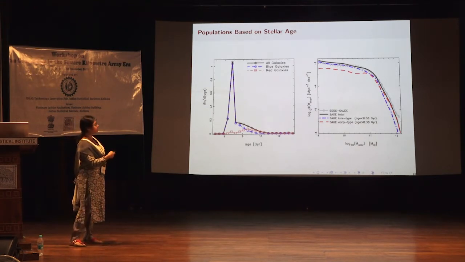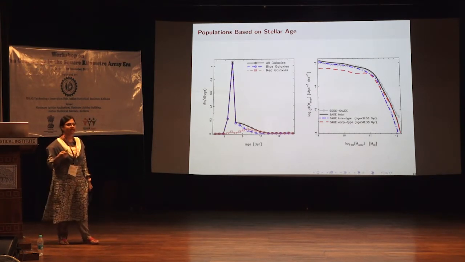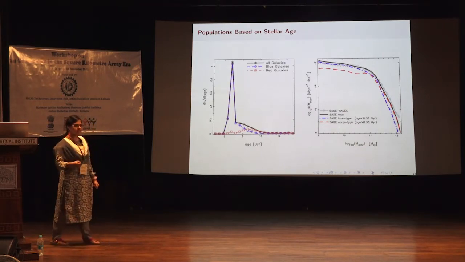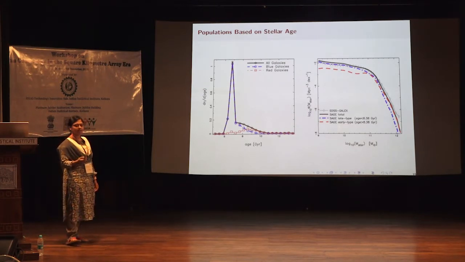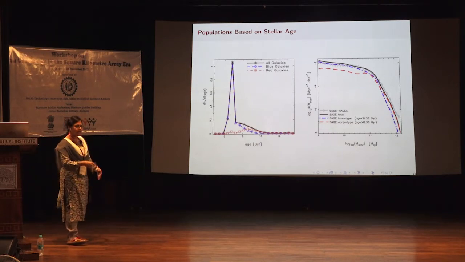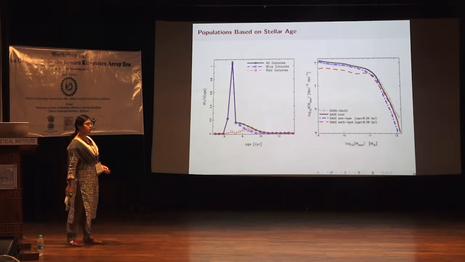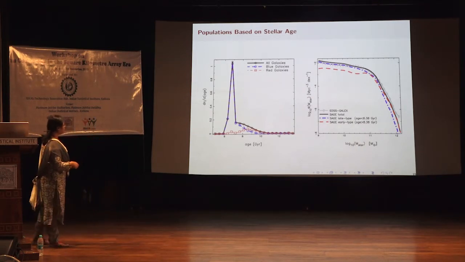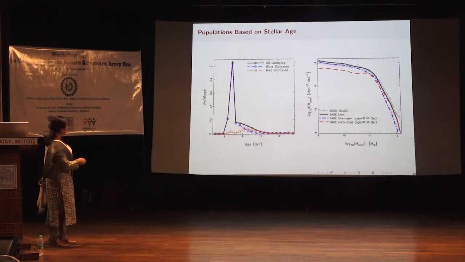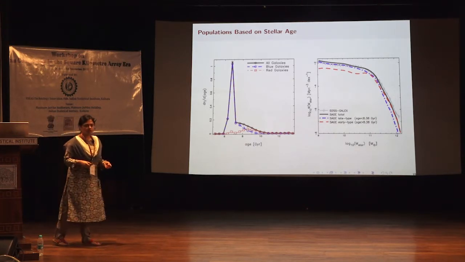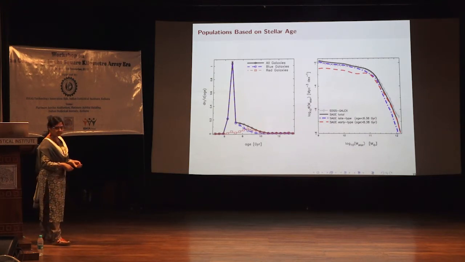But here we have considered the analytical galaxy evolution model SAGE, which is calibrated using the stellar mass function. But SAGE does not give the color magnitude properties accurately. So we have to take some alternative definition of the population, and that we have taken age. If you look at this figure, you can see that below 8.34 giga-year age, the distribution is dominated by the blue galaxies, and above that, it is dominated by the red. So we have taken this definition, and we have